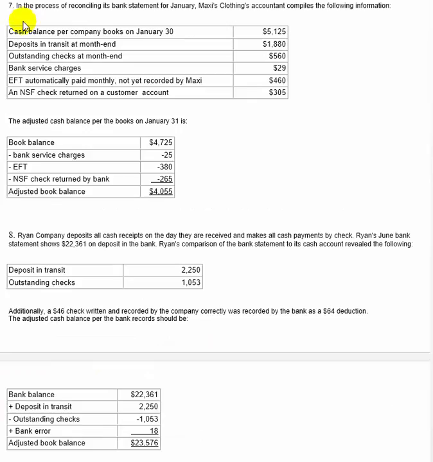Number 7, in the process of reconciling its bank statement for January, Max's Clothing accountant compiles the following information. We got all these different pieces of information that would go on a bank reconciliation, and we're looking for the adjusted cash balance per books at January 31st. So we're going to start with the cash balance per books on January 30th of $51.25,